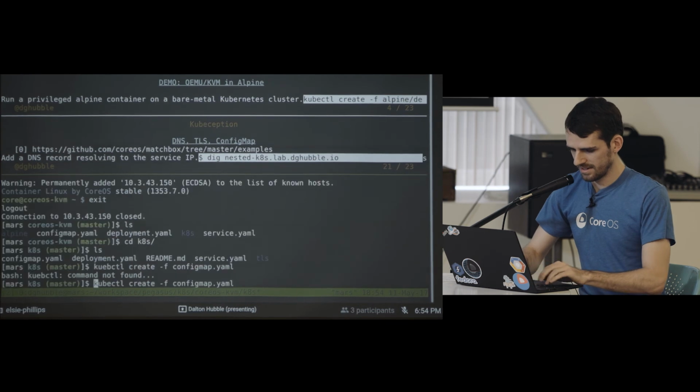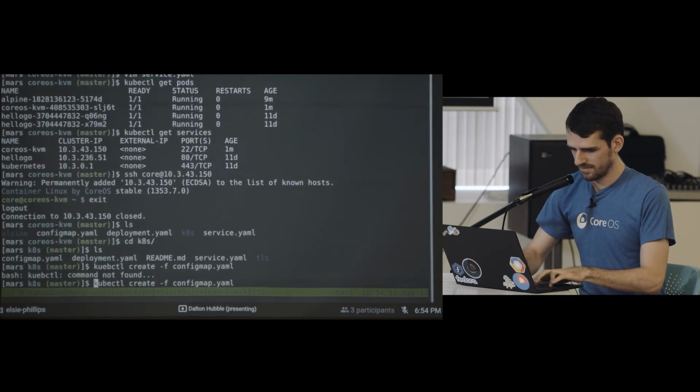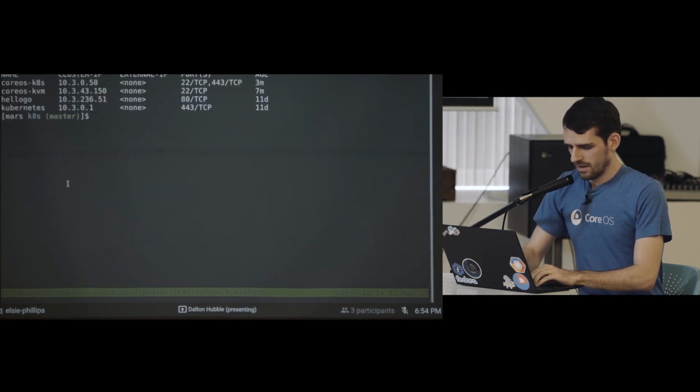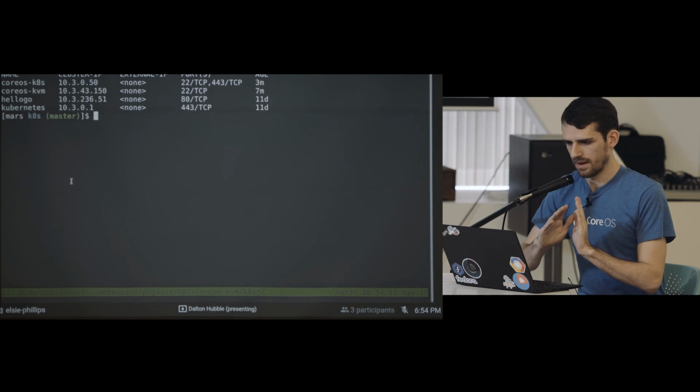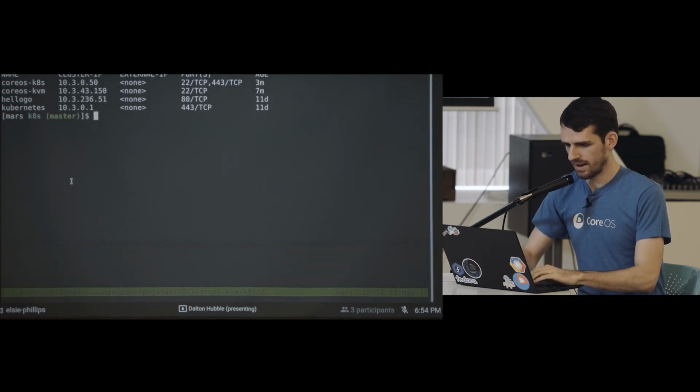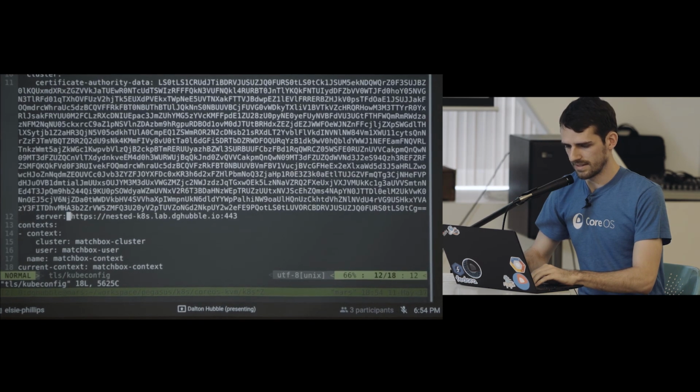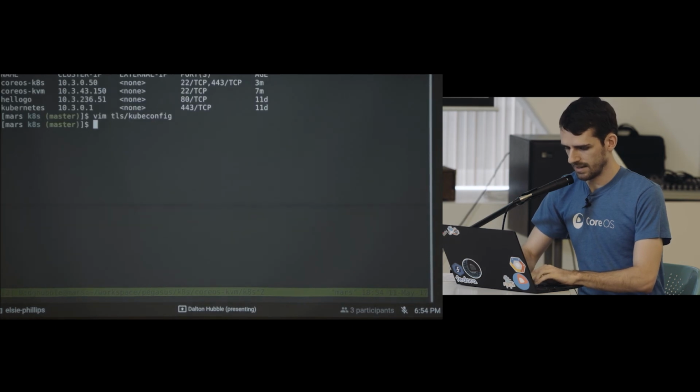But let's actually see if it works. I really hope it works. OK, so I minted those TLS certificates, and I happen to have the kubeconfig that corresponds to that right here, and it points to nestedk8s.lab.dghubble.io. If I dig that,